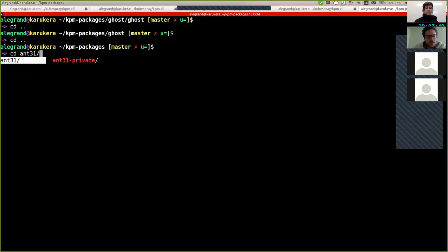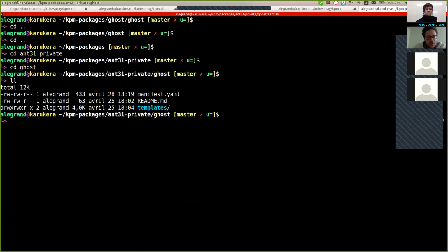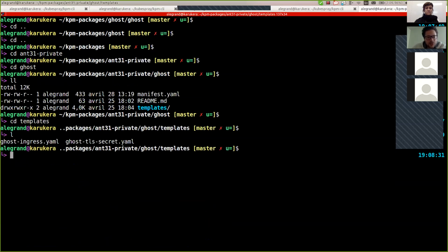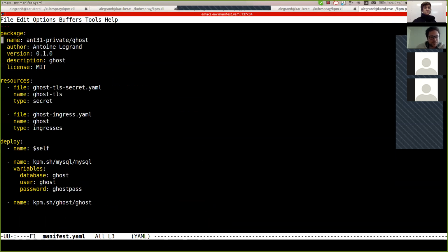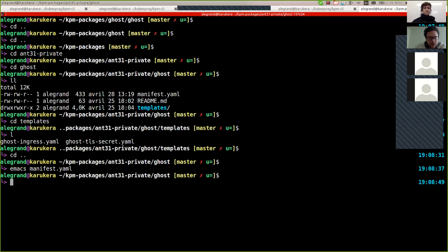So I created an N31 private Ghost package where I want to put my secret. So I have an ingress with some TLS certificate. So definitely you don't want that to go to the public space, right? So I create a package for that. So it's just the resources, the secret, the ingress, then it depends on MySQL and Ghost. Okay, so I will push that